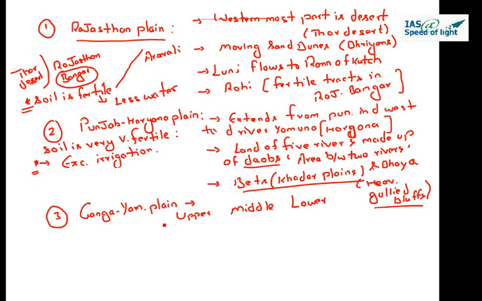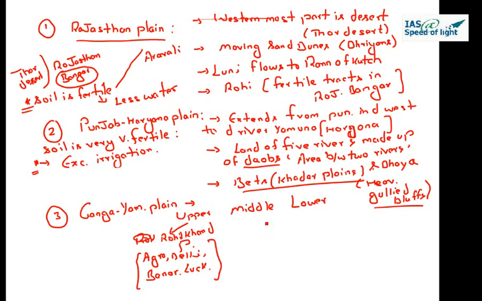Now the Ganga Yamuna plain, the upper Ganga plain, the middle Ganga plain and the lower Ganga plain. The upper Ganga plain we also call the Rohilkhand plain. And in this plain all our major cities like Agra, Delhi, Banaras, Lucknow are situated. Then the middle Ganga plain is also called the Magad plain,